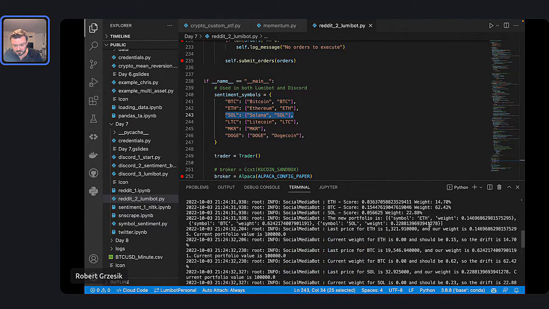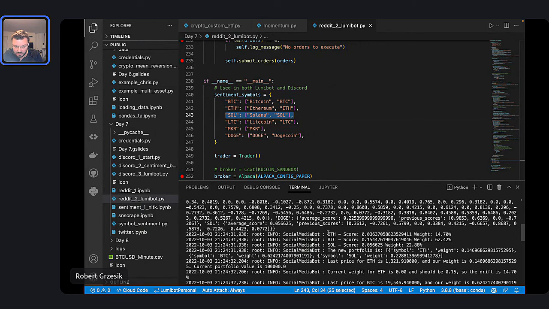So here we have the score for Ethereum that it got. It didn't have a very good score. This is out of 1, right? So it goes from -1, which is very bad, obviously, and then +1 is as good as it gets. In this case, Ethereum got a score of 0.03. So not the greatest, but still slightly positive.